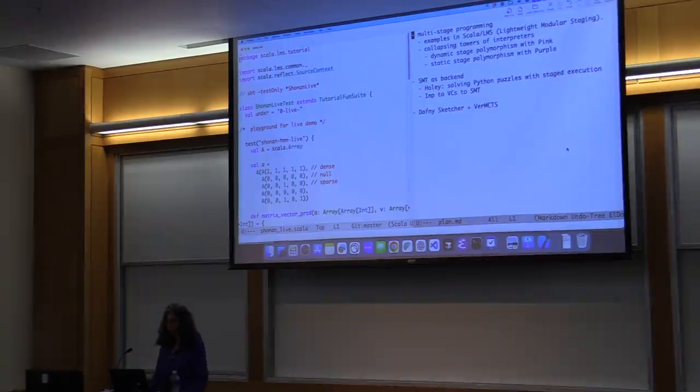About multi-stage programming, SMT has a backend, and we see that there's a small connection there between the way we're accumulating code-like things in the first stage to execute in the second stage. And then we'll see if we have time for other things, but I guess the main focus is on getting the gist of staged programming, which we finished on last time with